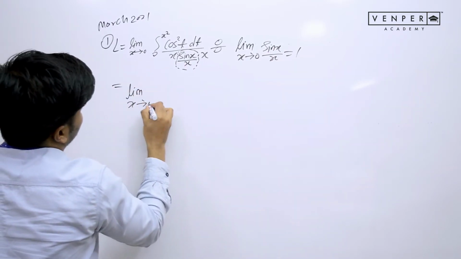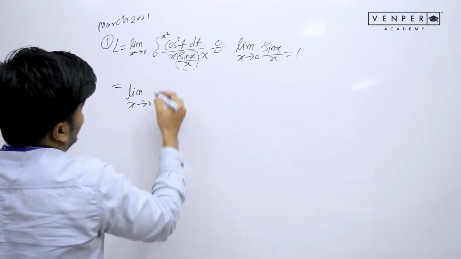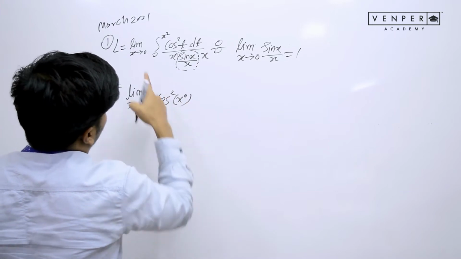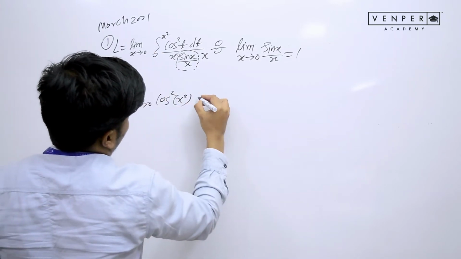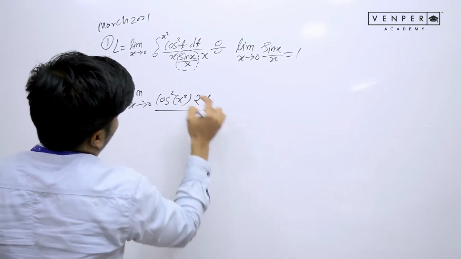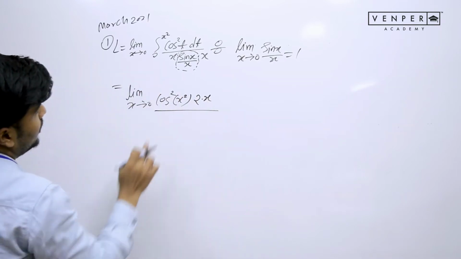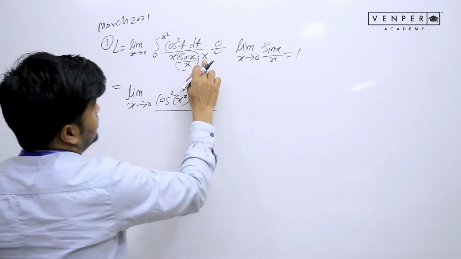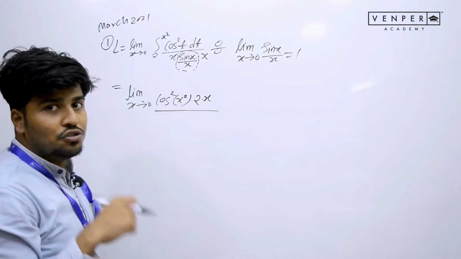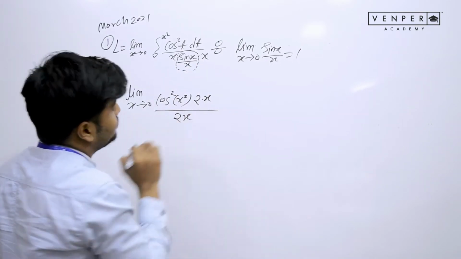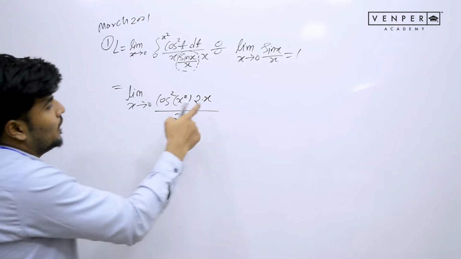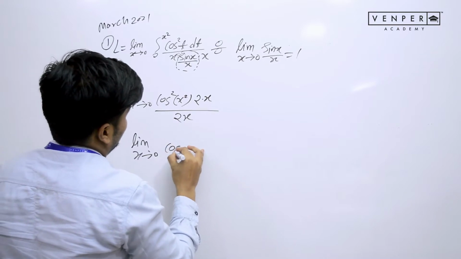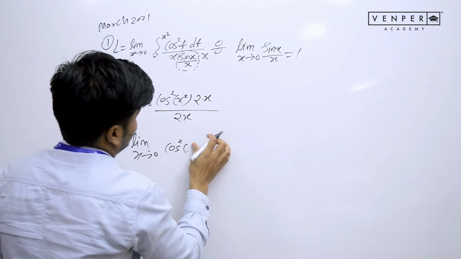So we can use this property. If I apply the Leibniz rule, what am I going to get? I am going to get cos square x square, because the upper limit is x square and the differentiation of x square is 2x. What is left in the denominator? Sin x by x is already gone, it became 1. What is left is x into x, x square. What is the differentiation of x square? Isn't it 2x? Okay, 2x cancels. What is left is limit x tends towards 0 of cos square x square.